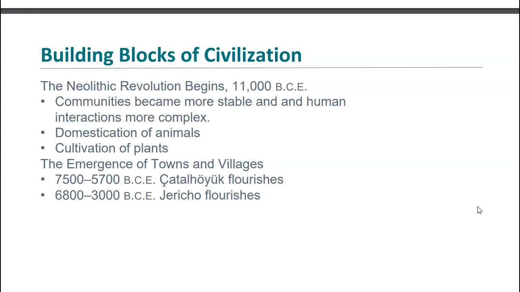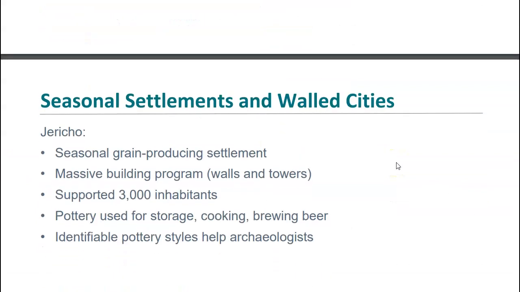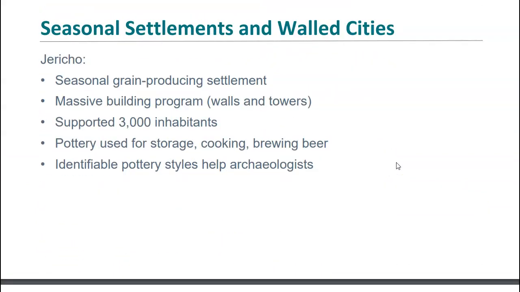They settle into communities and they learn to domesticate animals and plants. They start developing towns like Jericho or Catalhoyuk. And then they start to practice stabilized, settled agriculture. That's going to pave the way to civilization, which is why they call it the building blocks here. Okay, so Jericho in modern day Israel and Palestine is a good example of a Neolithic community where they